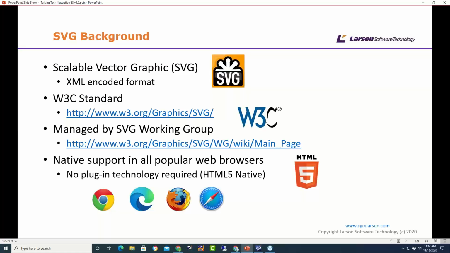So SVG, one of the big interests here is it's XML encoded. And I really like that about it in the respect of it kind of fits in well with the specifications that we work with, certainly within S1000D and ATA for the delivering of the text side. So we have data modules that are XML based. So it kind of makes sense that the graphical formats move in that direction as well.